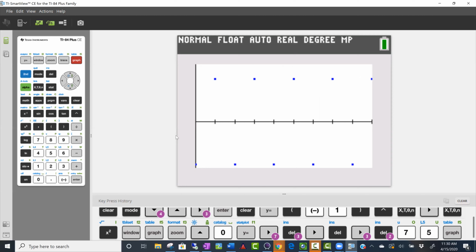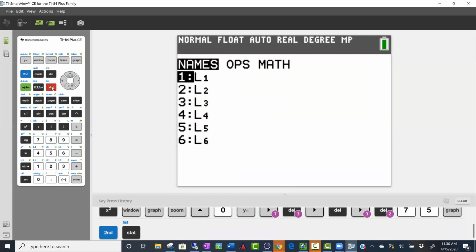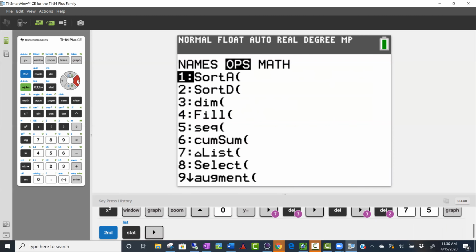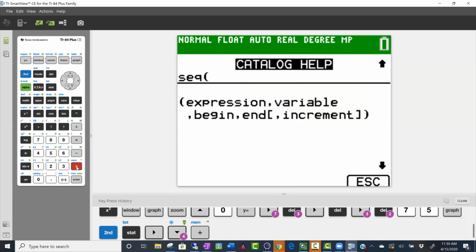There's a lot of other tricks and commands you can do here. Let's take a look at our list menu real quick. Second list, operations, sequence. Let me remind myself how to do sequence. So let me go down here. And I don't think I've set this up. If you hit plus, you might have your catalog help set up, and it'll tell you how to use this